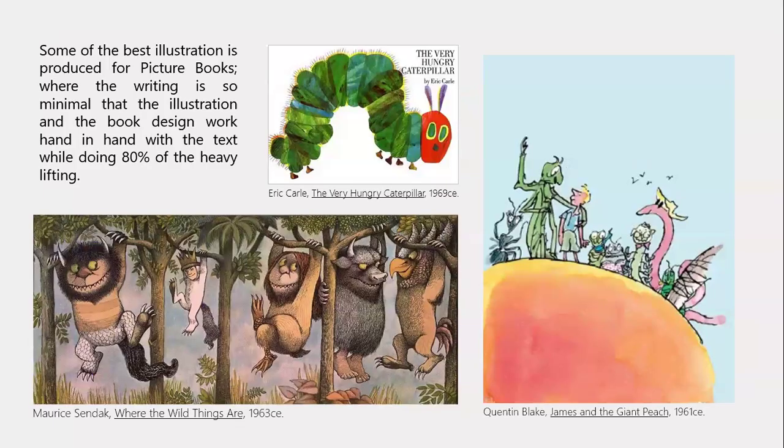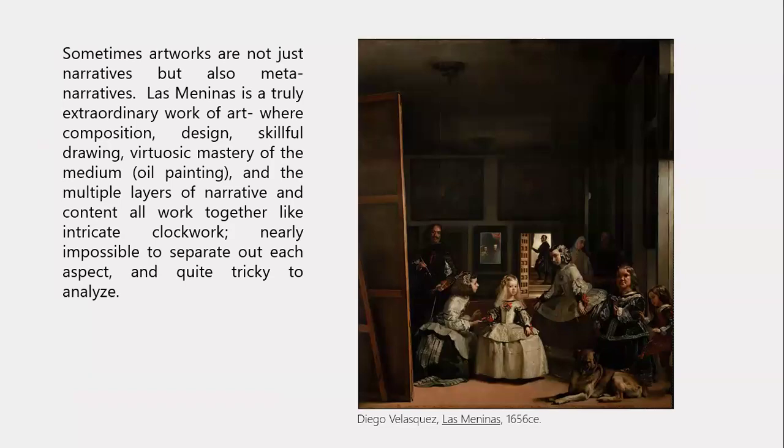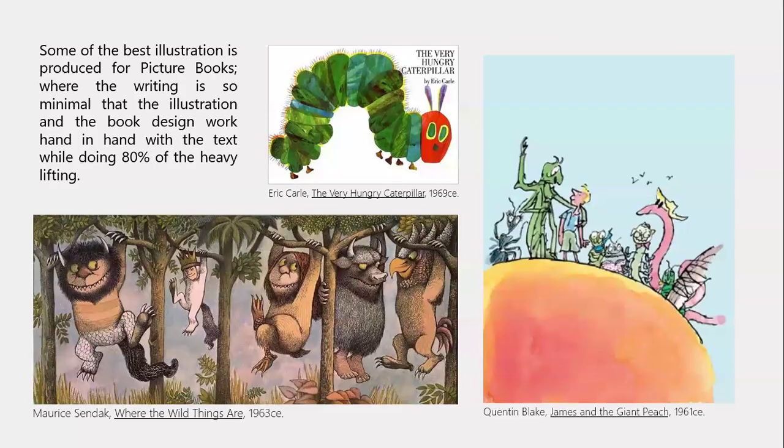And some of the best types of illustrations in terms of really figuring out how to tell stories with pictures happen in picture books, the books that are meant for pre-literate children, meant to be read to children ages 1 through 4, 5, or 6. And of course, it's nice to read The Hungry Caterpillar, even to your college age